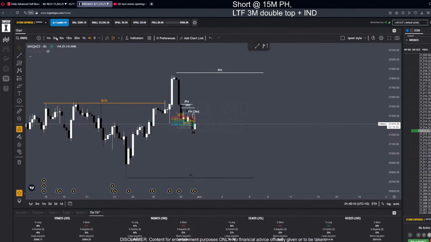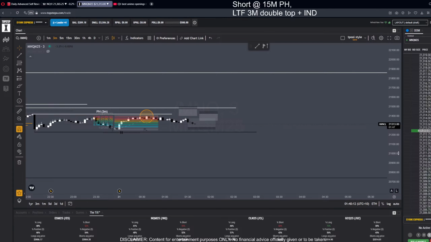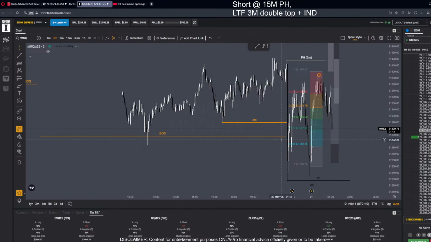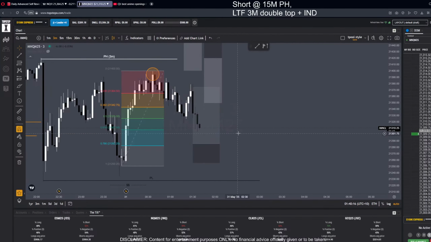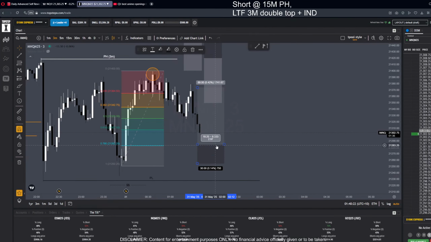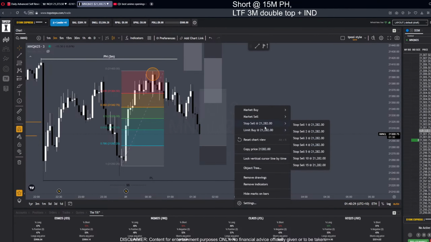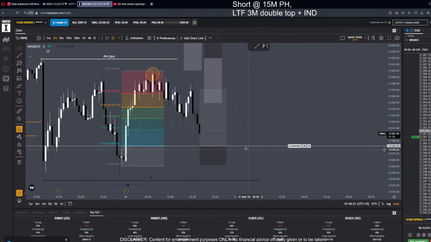I'm looking for shorts. The reason I'm looking for shorts is lower time frame trend continuations. So if I'm looking for short, what am I doing this long? I'm looking for maybe one long at this zone here. It does come into this zone here. I'll take a 10 point limit, small limit buy there